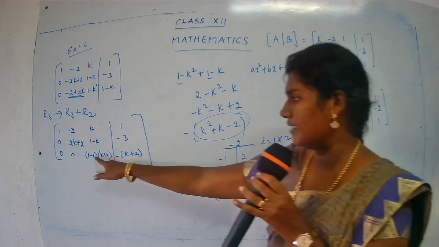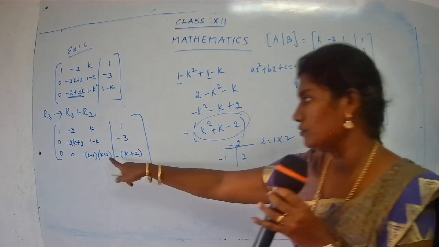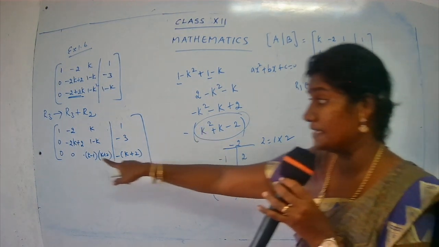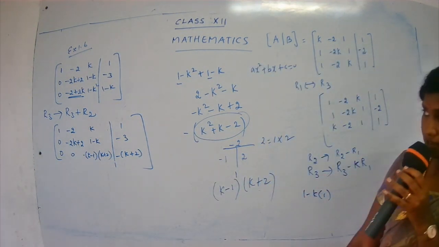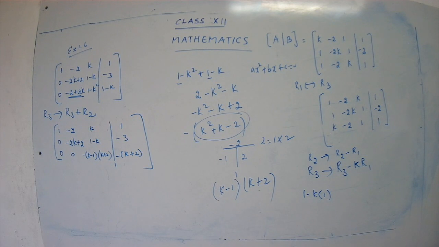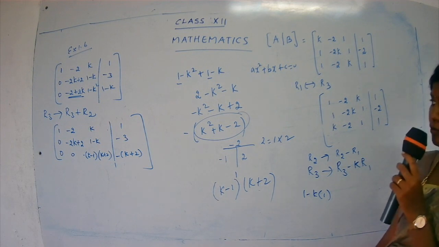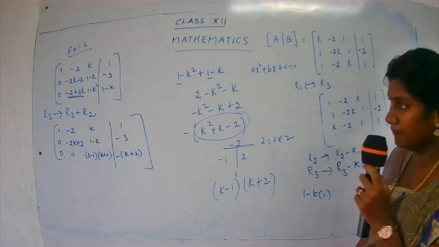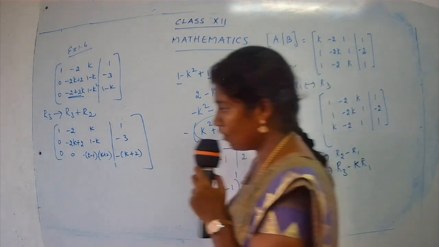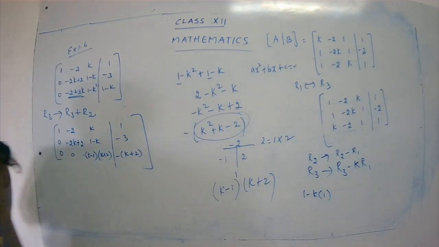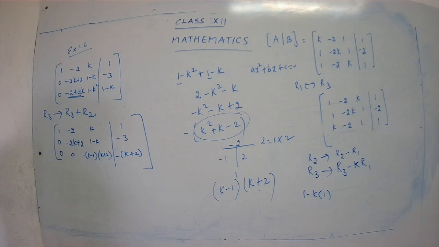So what have I got here? k minus 1, k plus 2, and the negative sign which was already present in the first, so minus k minus 1, k plus 2. I hope that step was clear to you, yes, children? Okay, so we have found the expression. Now we are going to find the value for the first part, second part and the third part. Let's see how to proceed for the sum. Write down the sums.